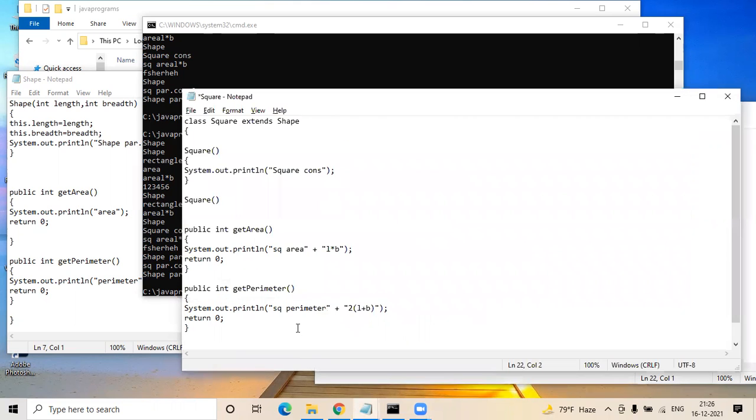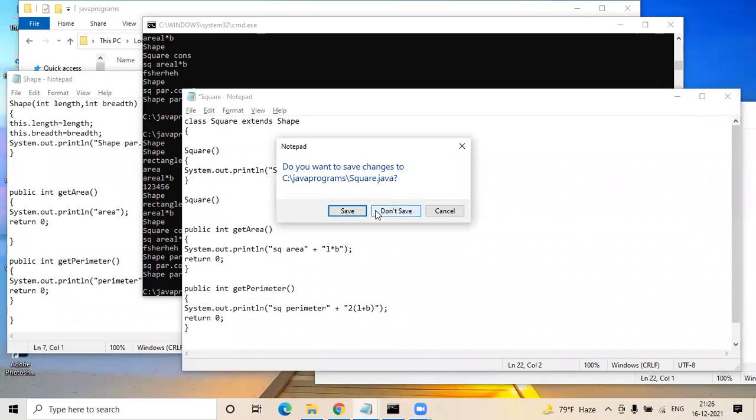Okay. So now you have assigned the super of length and breadth. Can we compile and see what is happening? I don't think you need to save it.